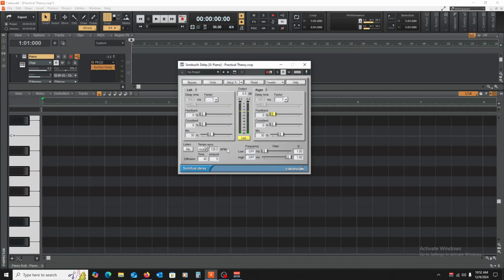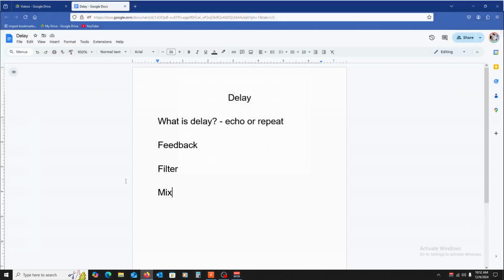Right, and so you heard it get louder and louder and louder. And if I were to let that go on, it would get pretty rough. So you can use these kind of tools with automation and things like that in order to make some of the repeats get louder and louder, and then maybe shut them off or something like that. But if you don't do anything with them, they'll just go on forever and just continue to get louder and louder. So you want to be a little bit careful with some of these controls, but that's what they're doing. You also have your factor, which I guess is another pretty important